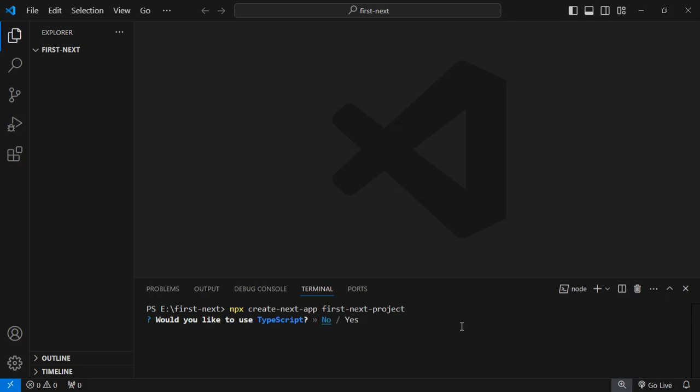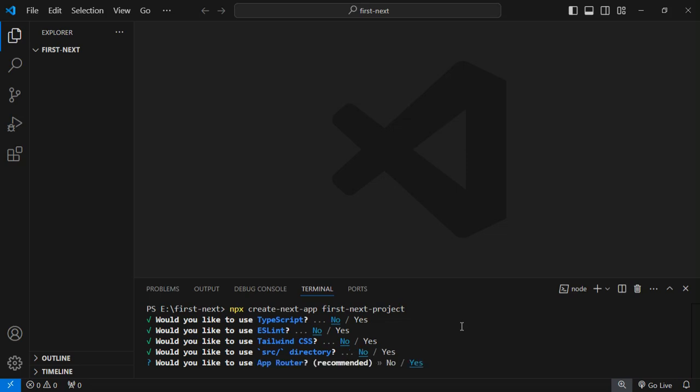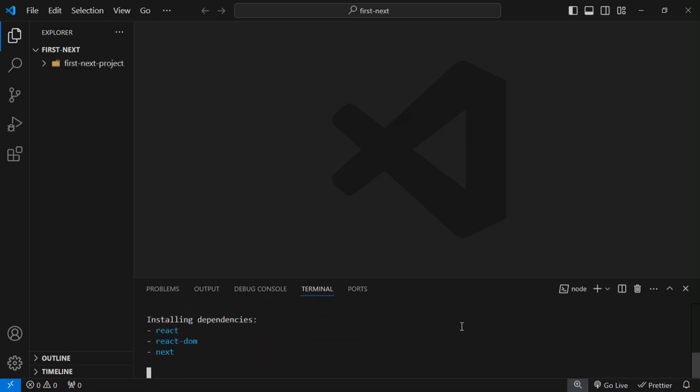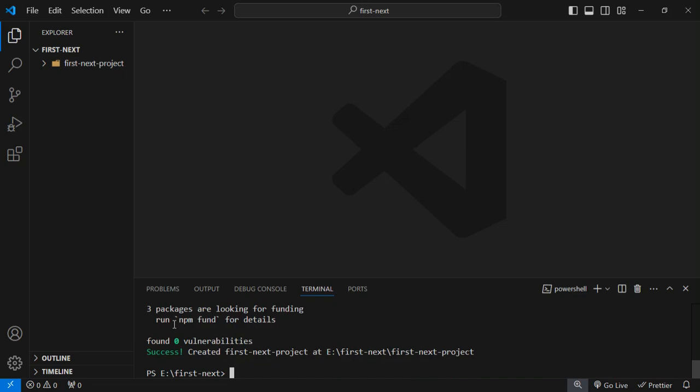application. It is saying that would you like to use TypeScript? I'm just typing here no, and ESLint, I'm also going to type it as no, and I'm also not going to use Tailwind, and source directory no, and app router, so you have to press here yes, and I'm also going to type no for alias. And now you can see that it is going to install in our system, and now you can see that it is installed successfully in our